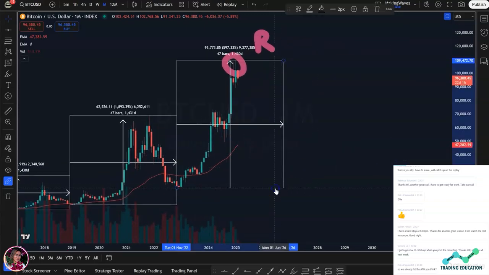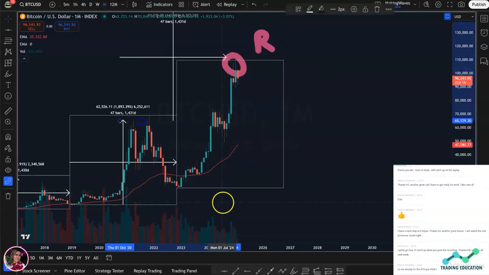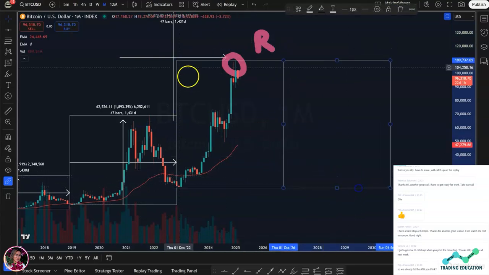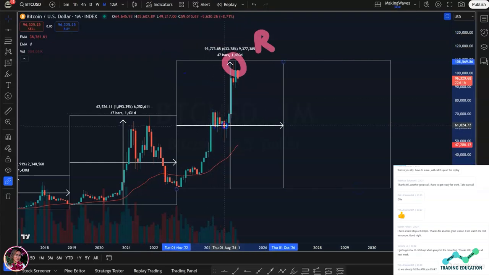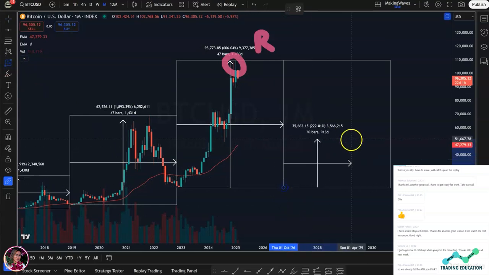Let's just paste this over so I can get like a 4-year thing. Let's copy the square over. Okay, something like this. So if reset and regulations happens, I don't think we will see a new all-time high in the next 4-year cycle. Okay, I think whatever that cycle's high is will be lower than the current cycle's all-time high. And I believe it will be a left translated one to really trick everyone.